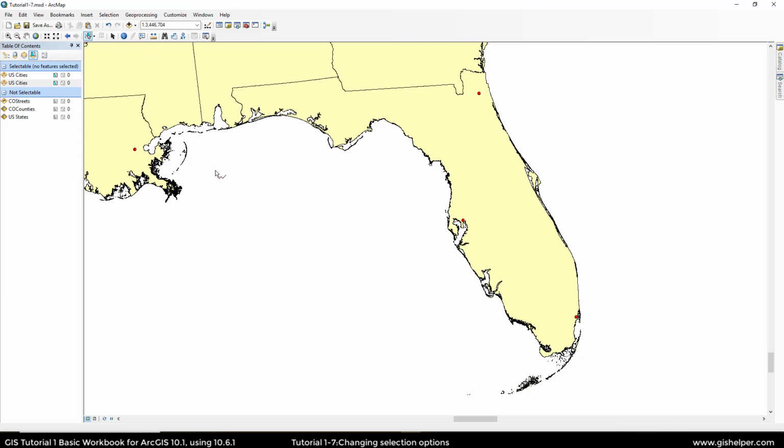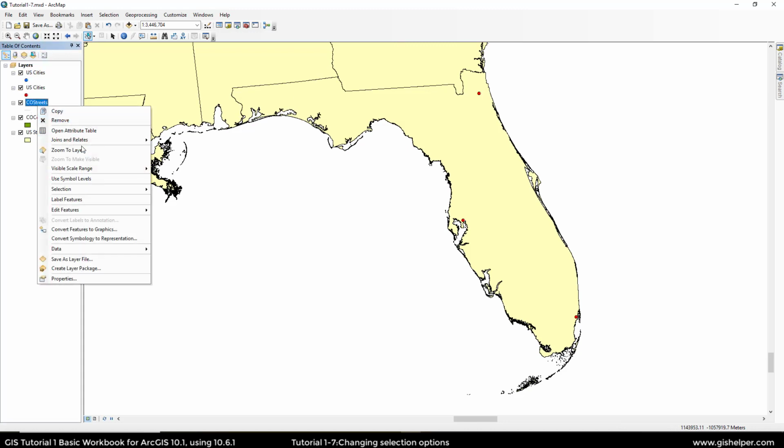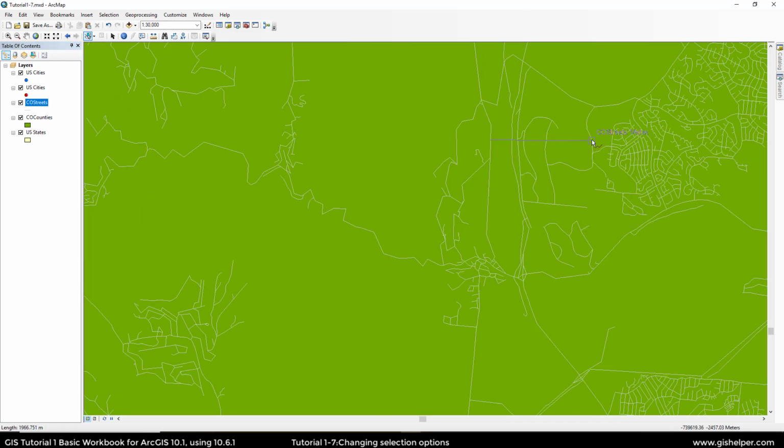We did line, or circle, so let's do line. Let's go to Colorado. Zoom to layer. Oops, I have to go to my selection. I'm going to turn off my selection for cities and turn it on just for streets. Now I want to click on this street here and this street here. And it will tell me what features that line passed through. So this could be an interesting way to see what passes through maybe a street between 2 points of interest